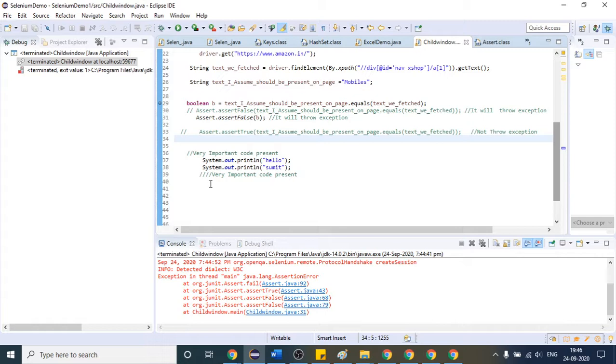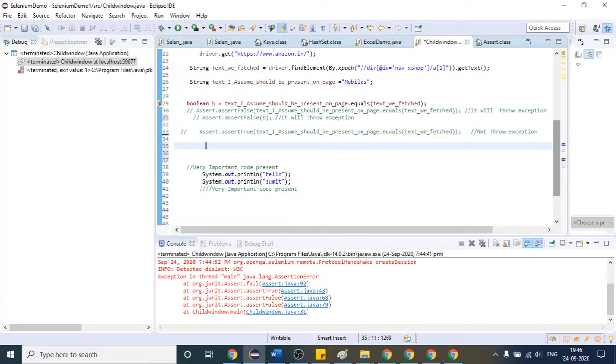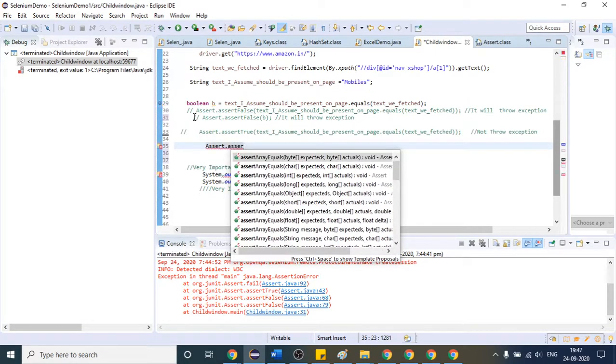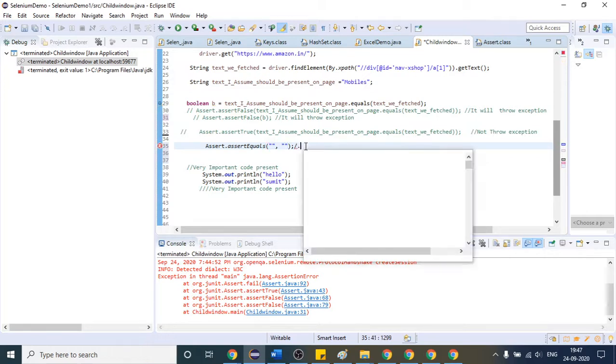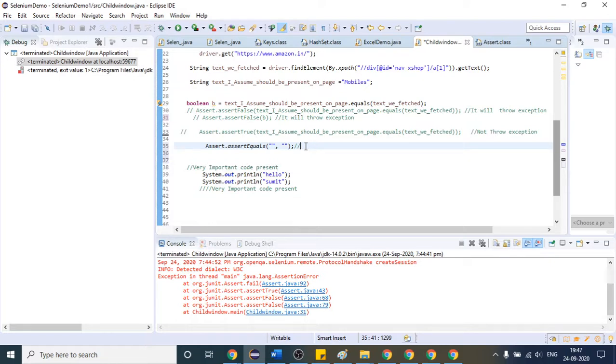If I try to use this, how are we going to use that? Suppose I comment that. So if I write assert dot, I think assert equals, this is the one. What this assertion step will do is check, or compare, two strings, or you can say whether the texts are the same